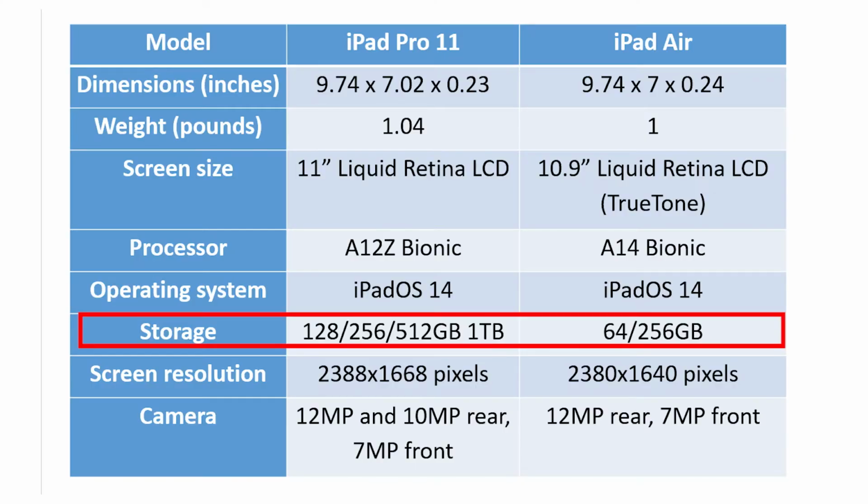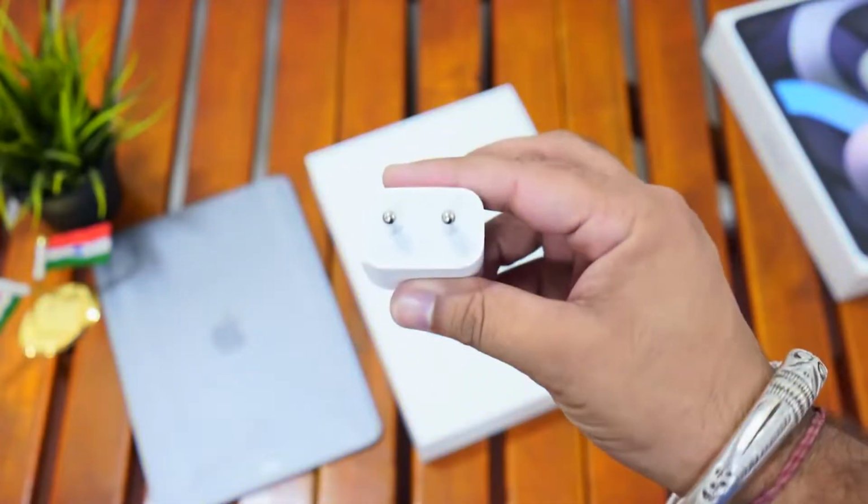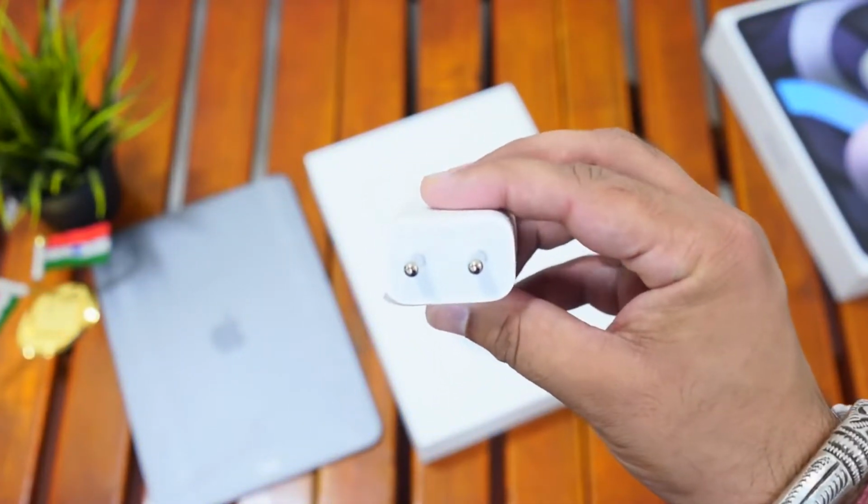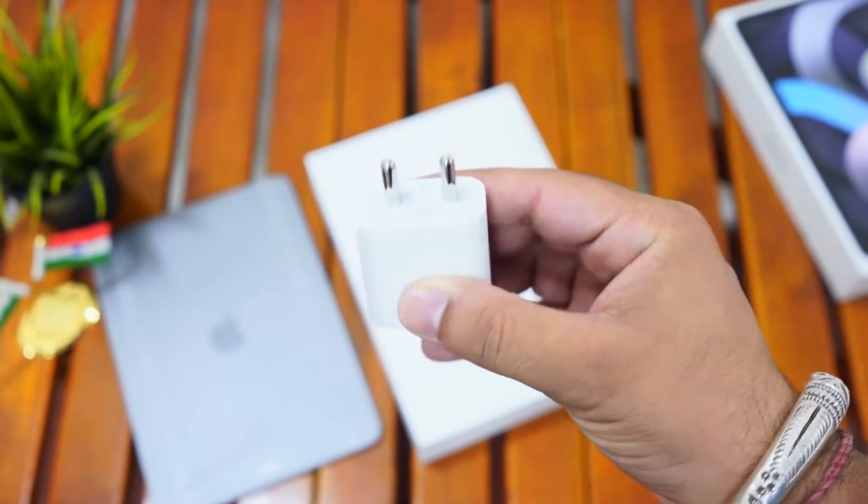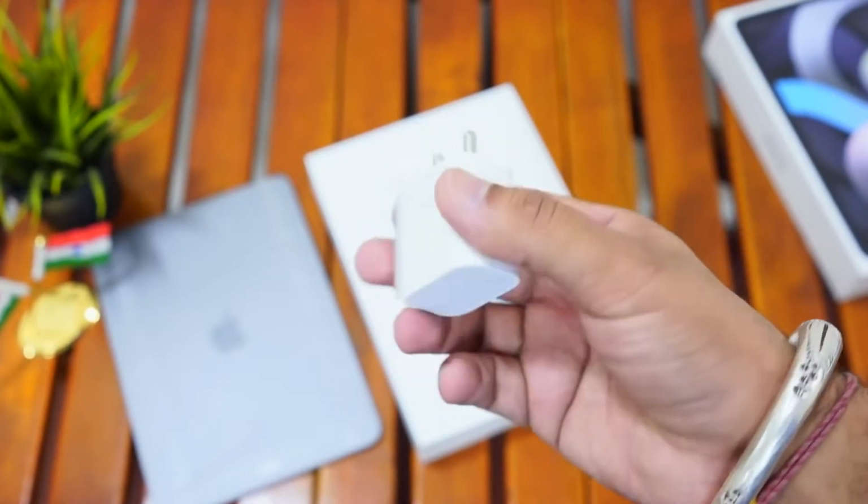slower. When it comes to storage, you get more options in the iPad Pro 11 as it offers you 128 gigabytes, 256 gigabytes, 512 gigabytes, or 1 terabyte. The iPad Air has 64 gigabytes and 256 gigabytes. You can charge both iPads using a USB-C connector, and both units offer you 10 hours of web surfing and